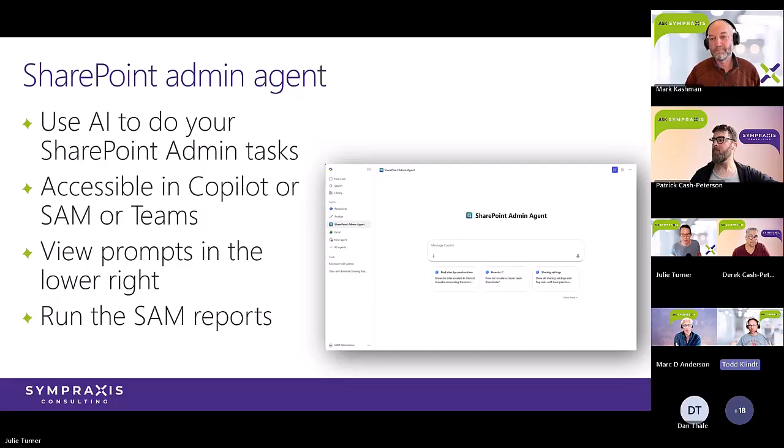I love a bunch of things about this. Mark was just talking about how he and I used to write PowerShell to do complicated tasks, and now SAM's got some reports about complicated tasks. We're now a little farther up the stack. Now we can just use natural language about these tasks. How many of my sites are using everyone except external users, that kind of stuff. And you can just type the question out and let the LLMs figure out what you mean, get you the information back, all of that.